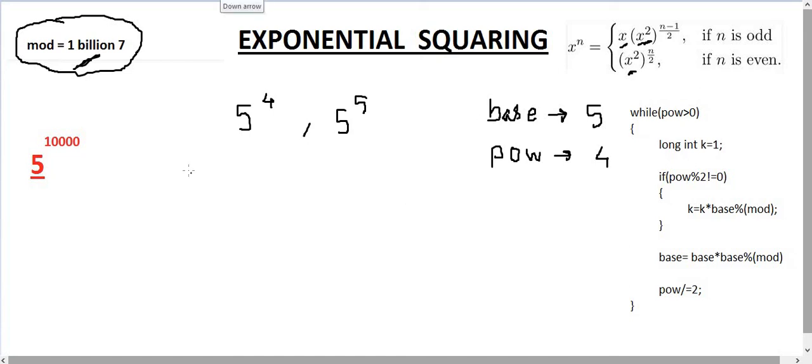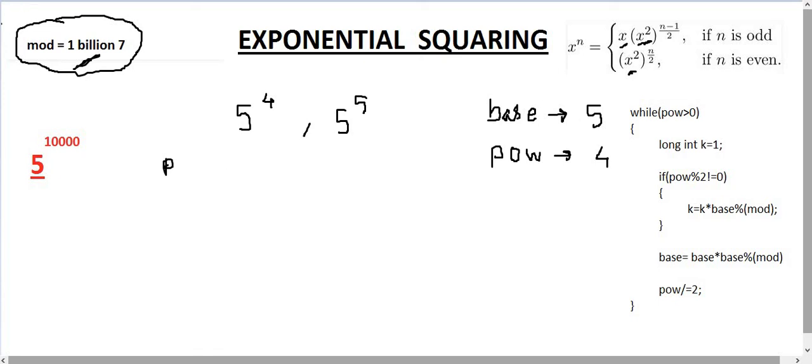For power equal to 4, long int k is initialized to 1, and we check if power mod 2 is not equal to 0. If we divide 4 by 2, it gives 0, so it will not get into this if block. It will come here, so base would be base times base mod.